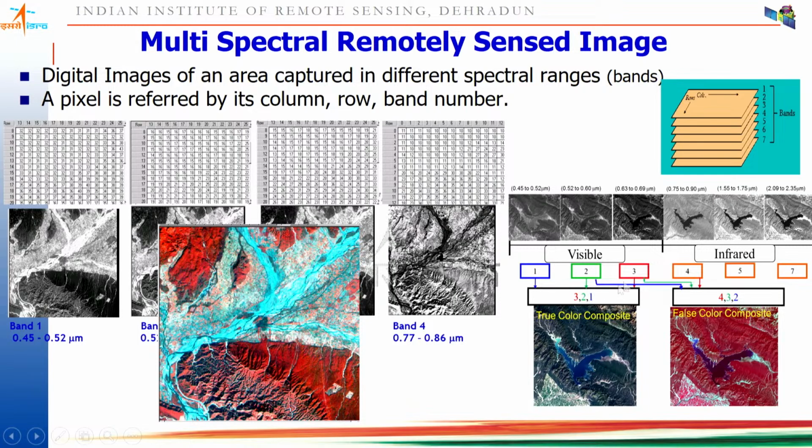Along with RGB, we are also capturing a number of layers in the infrared. We cannot see infrared with our eyes. So as soon as you display infrared in any of the planes, the object reflecting more energy will get that particular color. In remote sensing, the standard false color composite means a combination of infrared, red and green on RGB. So a standard interpretation key has been developed for this composite.